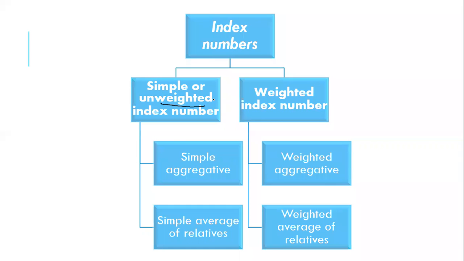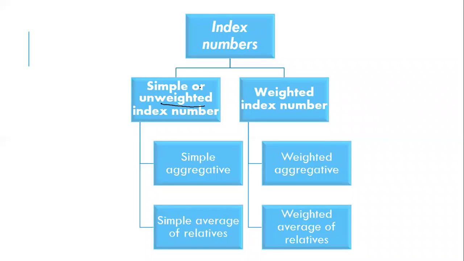When you say simple aggregative, it is nothing but we find the summation of the prices. Or when you consider quantity index, we find the summation or total of the quantity and find the value of that particular item. Whereas in simple average of price relative method, we use an average, that means we apply arithmetic mean or the geometric mean, and we use the help of log table and anti-log table.